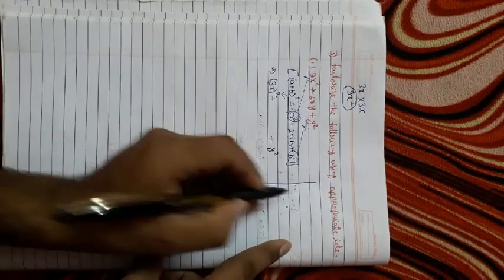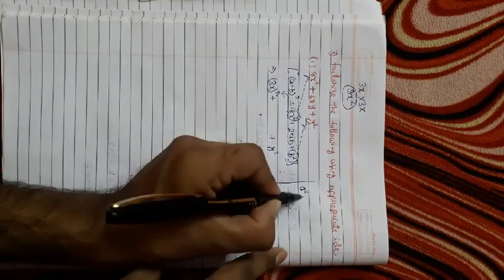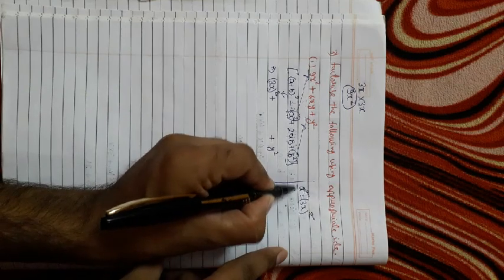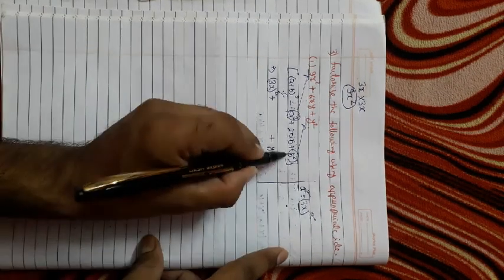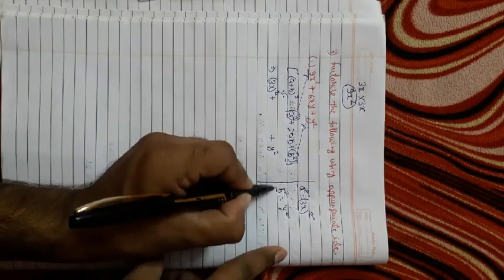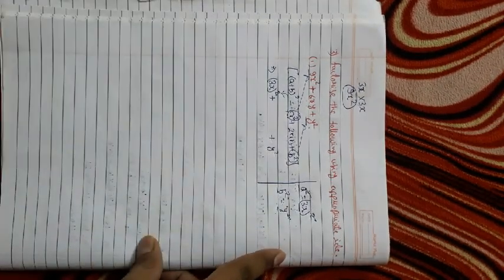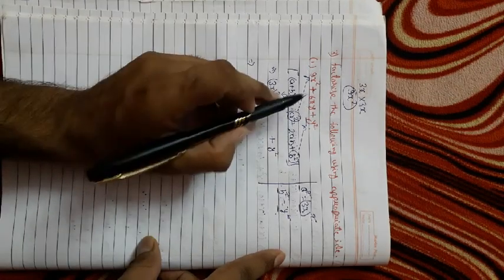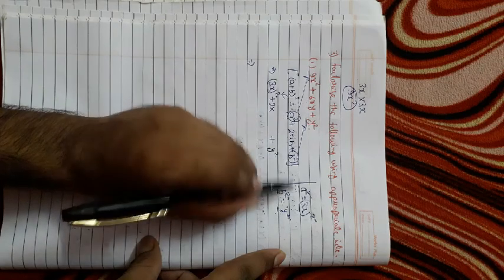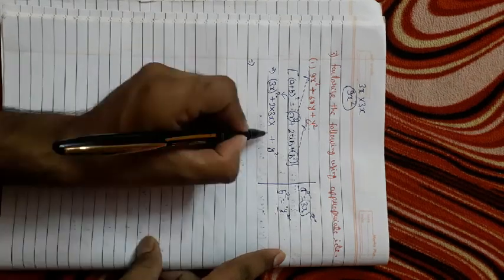How can we compare? Let us take an example, a square equals 3x whole square. When we compare, square to square cancels, so the value of a is only 3x, and b square compared with y square, squares cancel, so the value of b is y. So instead of a we have to take 3x, and instead of b only y. Now see here, in the middle term we have 2, so 2 as it is, and 2 into a, instead of a we take 3x, into b, instead of b we take only y.